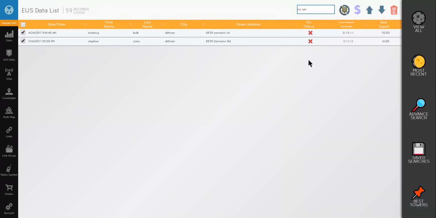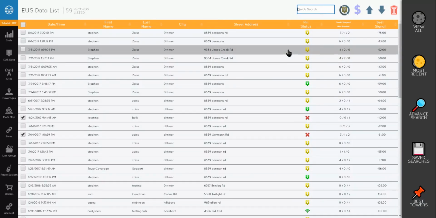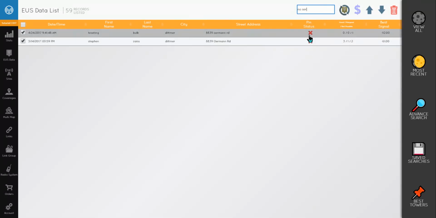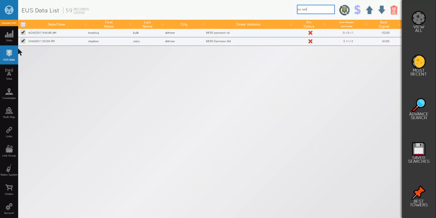We have also added the quick search at the top. This quick search allows you to narrow your EOS data down very quickly. You can even type the pin type. As you can see here, I started typing no service and it shows those. You can also select your no service and click EOS reprocess up here, and it'll only reprocess the ones that